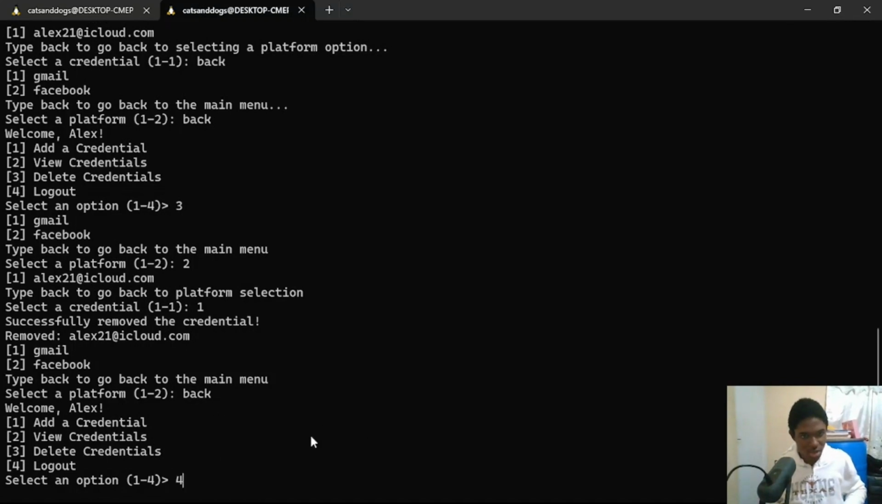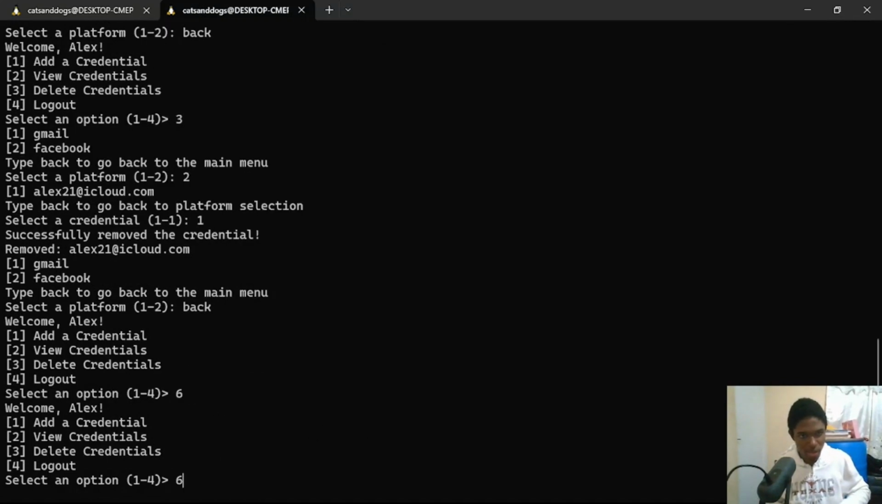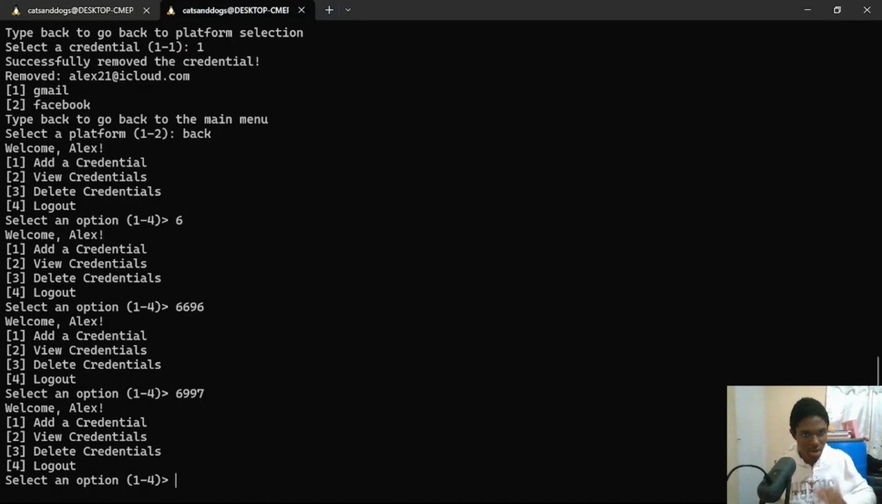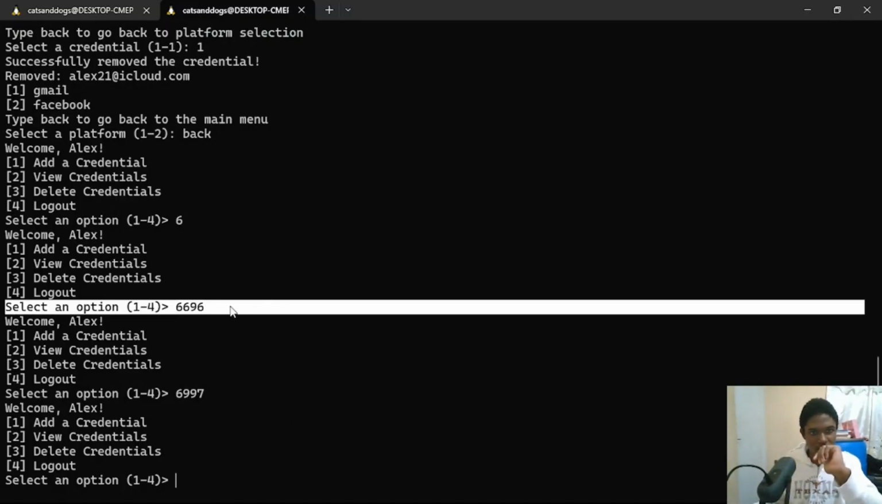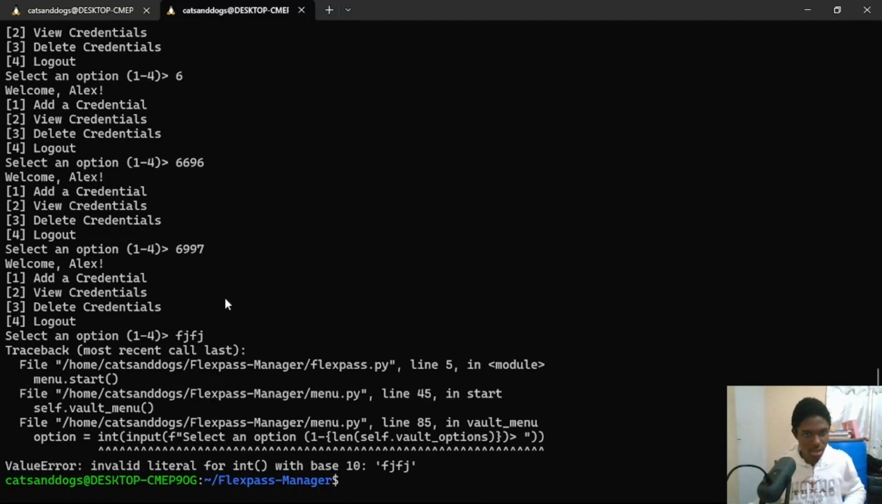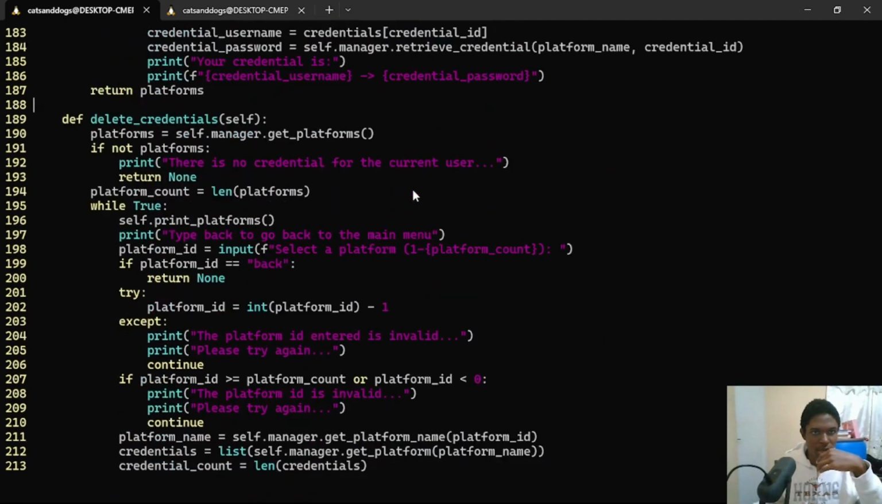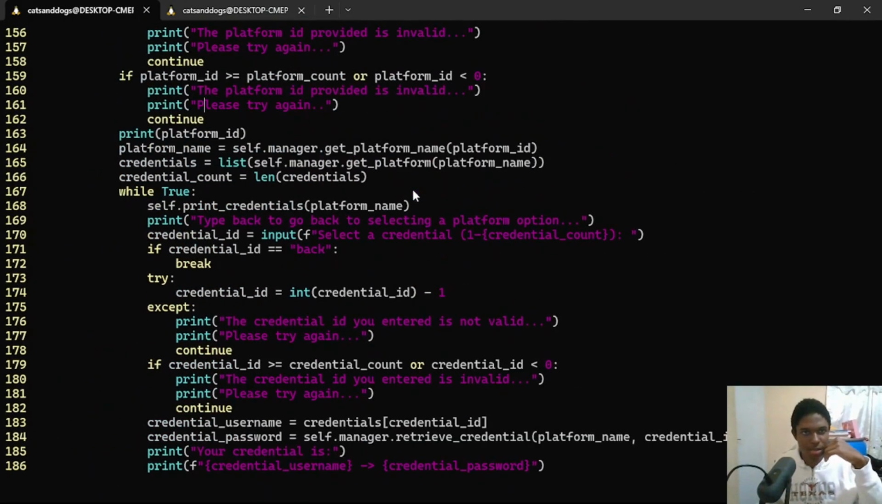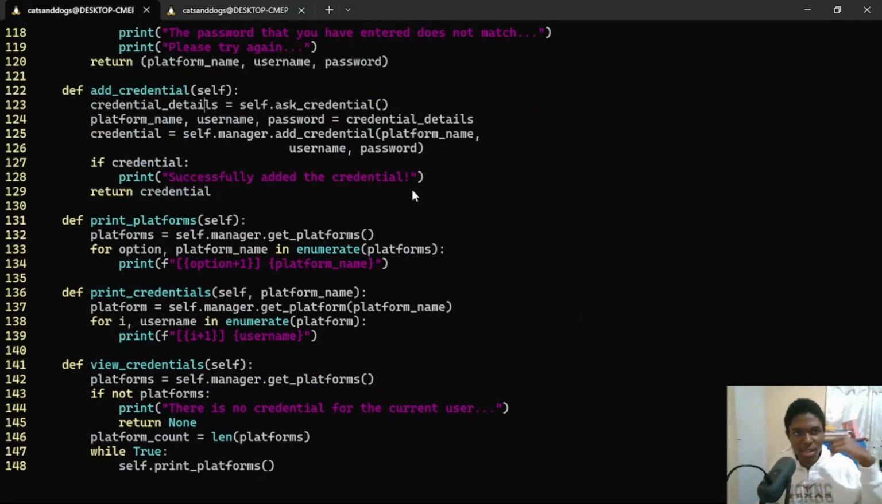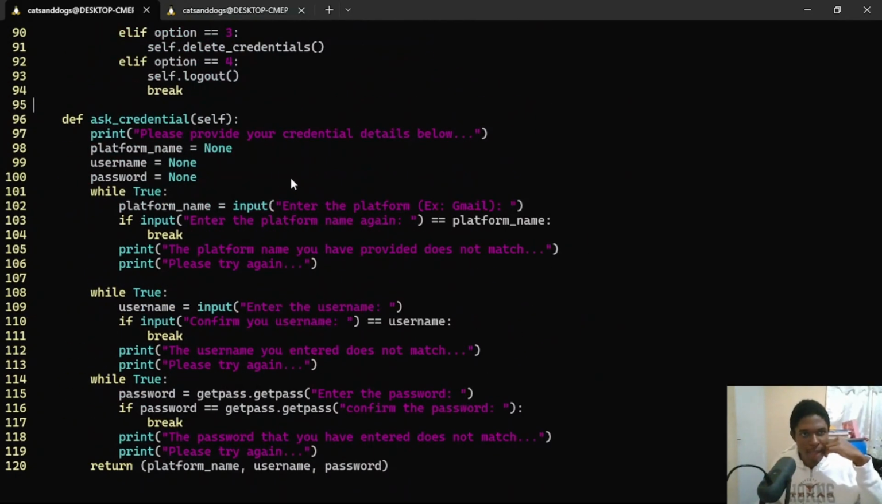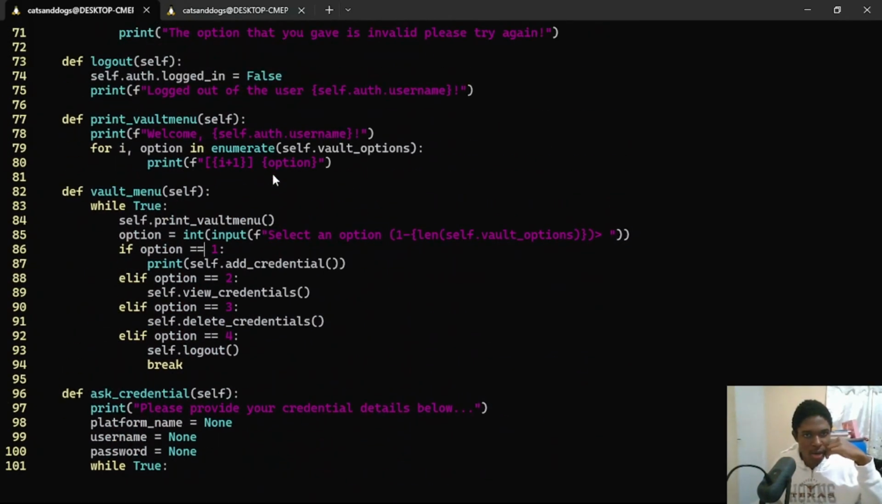All right, let's see if we actually validated this part right here. Yeah, we actually validated this part. Wait, no. So we need to actually validate for the main menu, the main login screen, I mean. So let's do this, guys. Let's navigate into our vault menu,